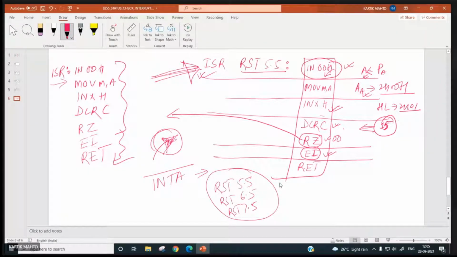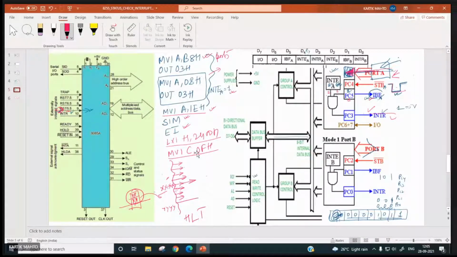Why 15 times? Because DCR C is written. No, sir, because in C we have moved 0F, no? We put 0F in C, that is why it executes 15 times. Yes, sir. And also enable interrupt is there.